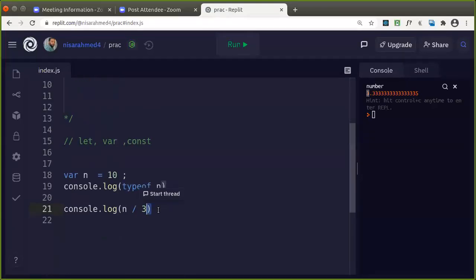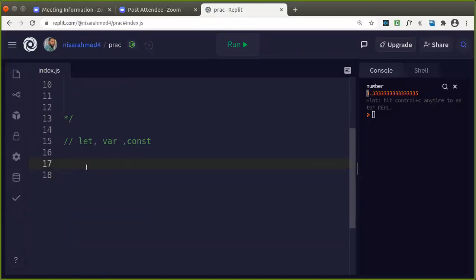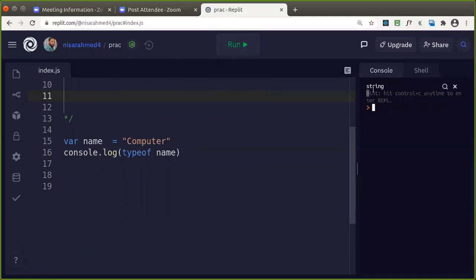Now strings in JavaScript, let me erase this. So strings in JavaScript, how do we have strings in JavaScript? You can see here, suppose I want to give a name is equals to, whatever you are enclosing within the double quotes is a string, computer. You can just check console.log typeof name. So what would you get here? It is of type string. And the JavaScript strings are